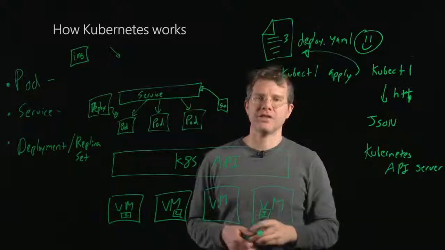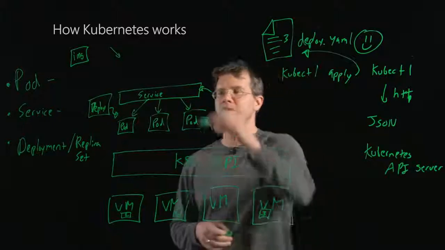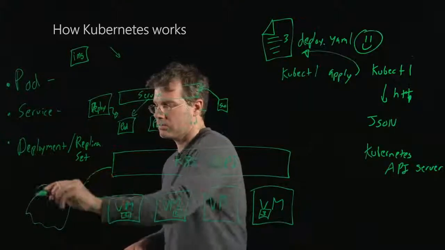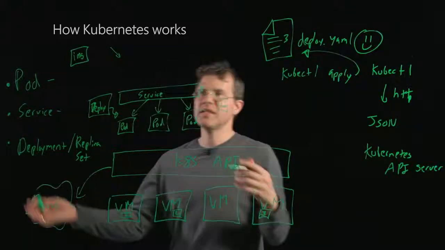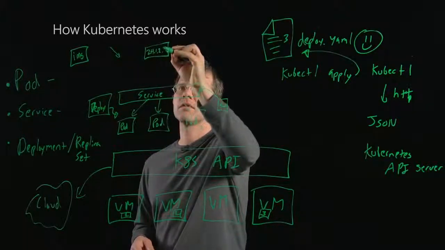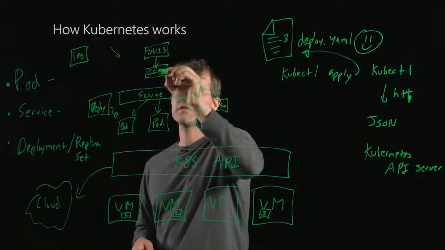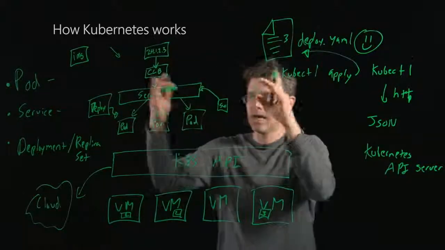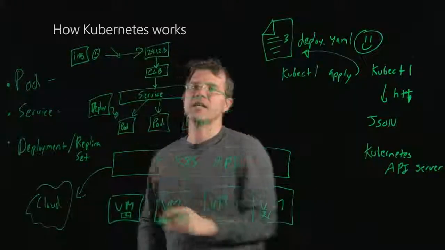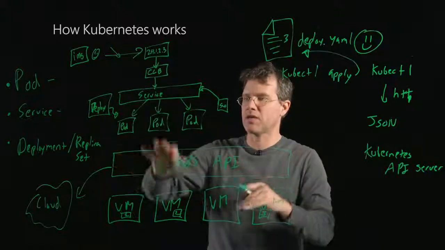Now, if I want, I can actually say that this service is attached to an external load balancer. If it's attached to an external load balancer, then Kubernetes is actually responsible for going and talking to the cloud and requesting that that load balancer come into existence so that I get some IP address. That IP address is mapped to the cloud load balancer that is then mapped to the service and all the traffic. So that way, if I have an end user accessing it, they can talk to that external IP address. Traffic will flow through the cloud load balancer to my service, be load balanced out to all my containers.